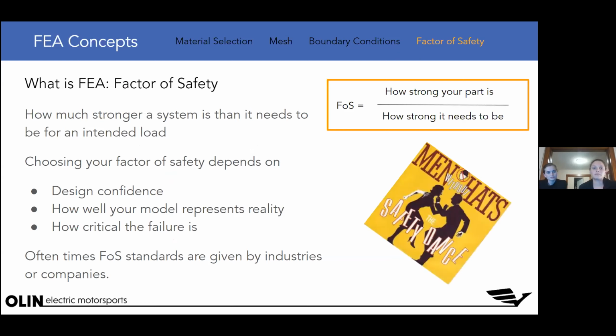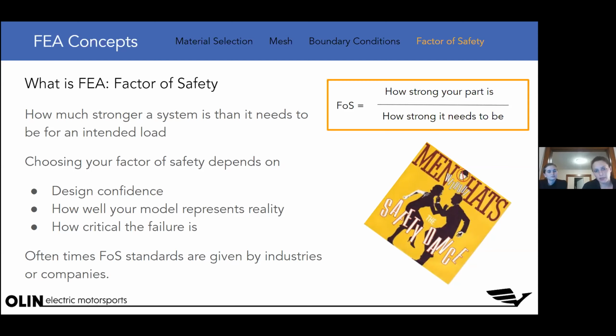So factor of safety is also an important concept to think about when you're doing FEA. Factor of safety is basically how much stronger your system is than it needs to be for the load case that you are thinking about. And your factor of safety is really important to think about, because you can, based on how confident you are